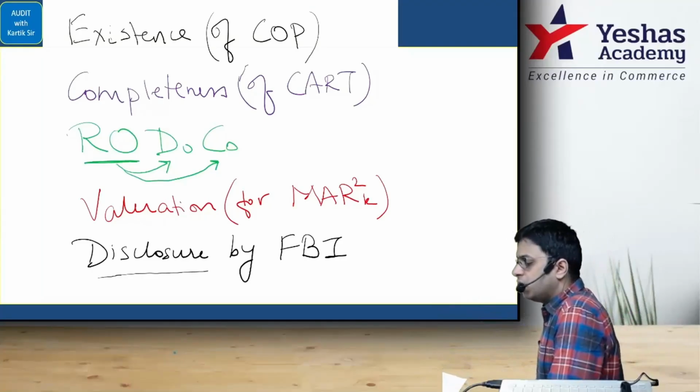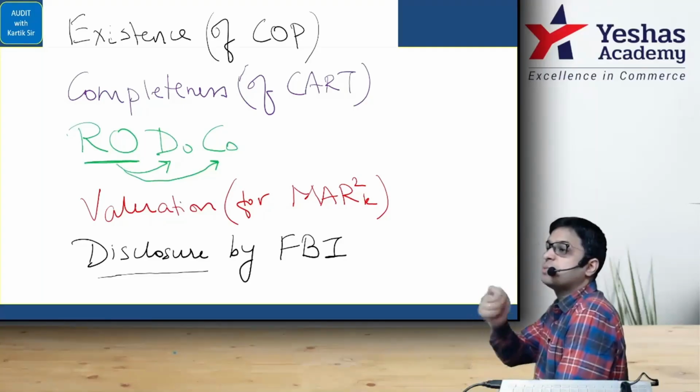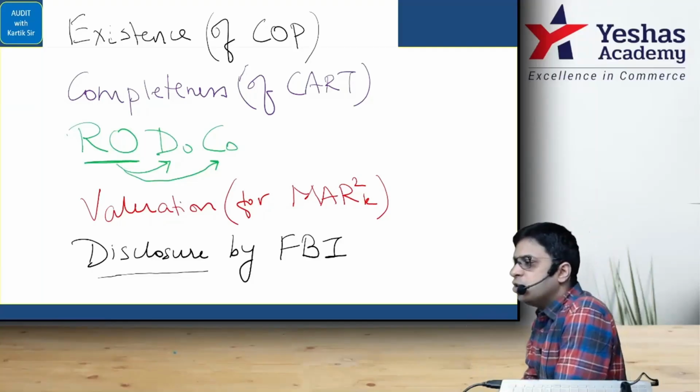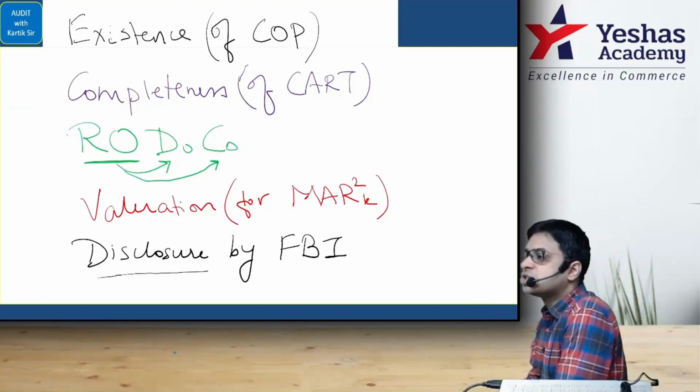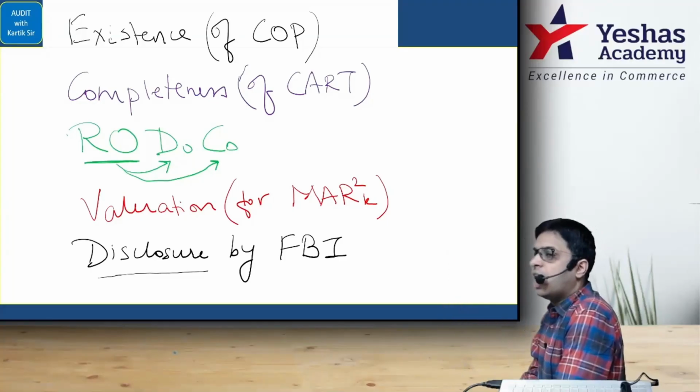Read it, okay, see. You can see there A, B, C, D, E. Can you see A, B, C, D, E? Yes or no? Now A, B, C, D, they ask you something specific. Example, if they ask you, how will you check existence of machinery? Existence of machinery, is it there or not? Machinery is there or not? How will you check that?